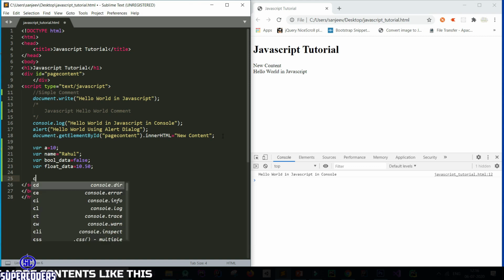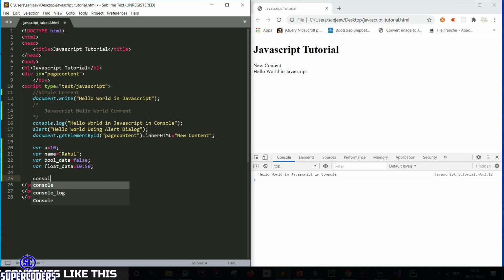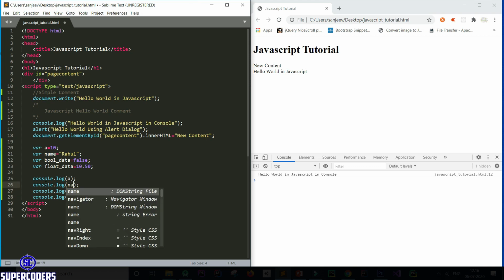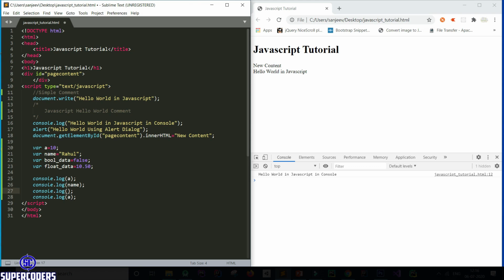So running console.log a, copy paste. Change this to name, bool data, float data.